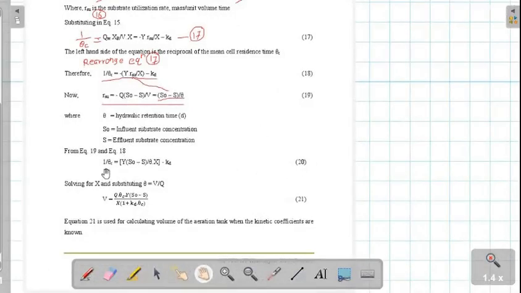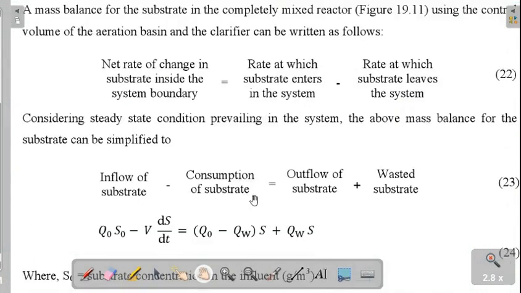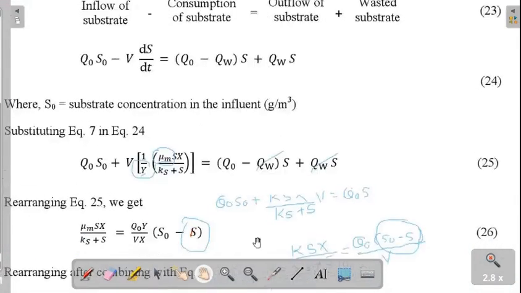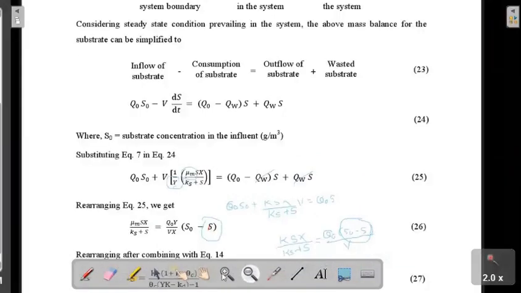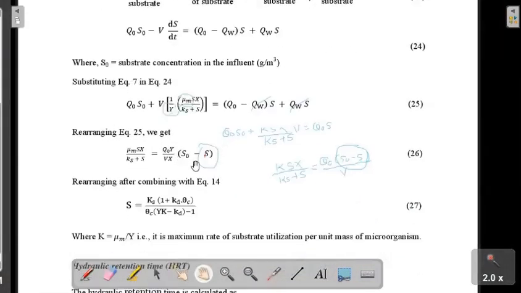So I replace equation number 20 in terms of h0 minus s. I rearrange equation number 20, and after rearranging, I put the value of h0 and s here. Once I put the value of h0 and s from equation number 20 after rearrangement, I will get the equation in terms of s.